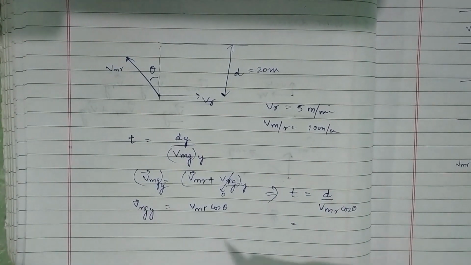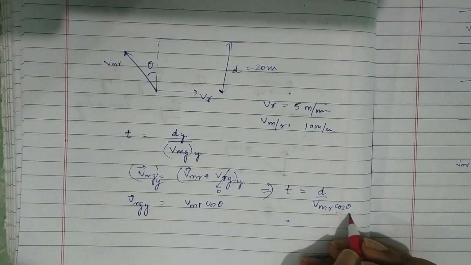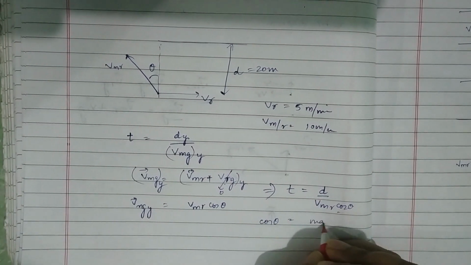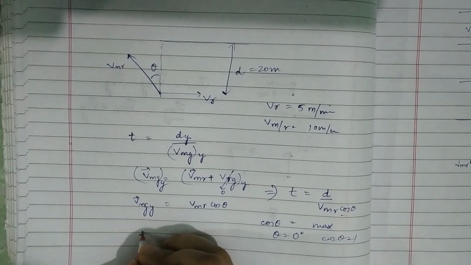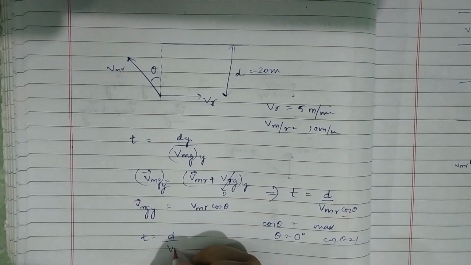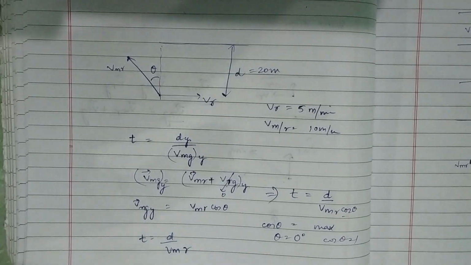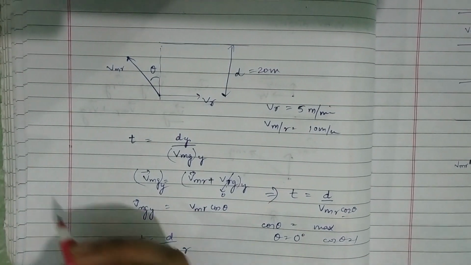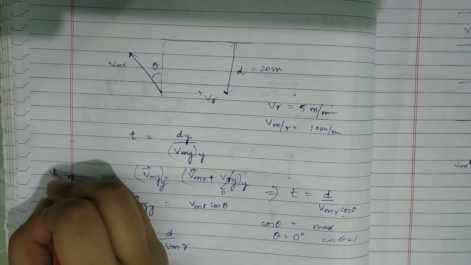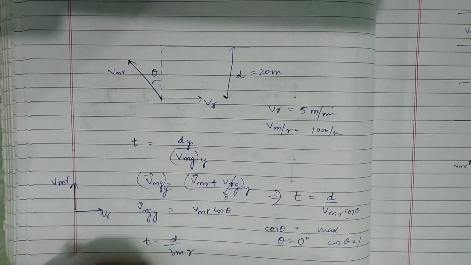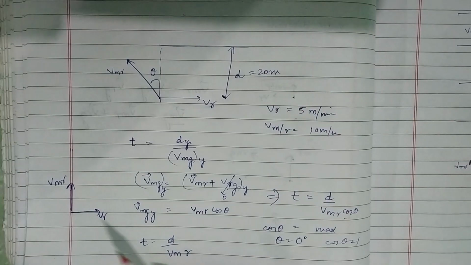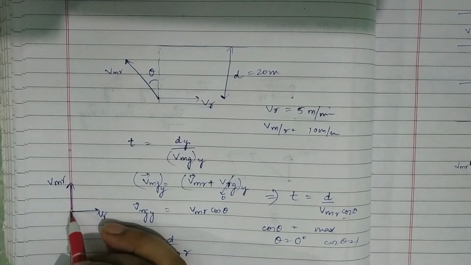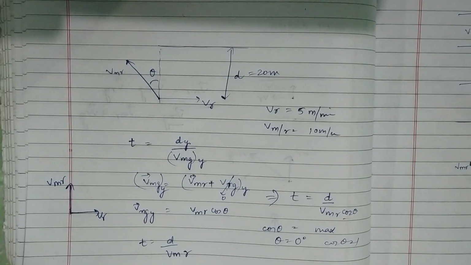Now, to minimize the time, the cos theta should be maximum, and the maximum value of cos theta occurs at theta equal to 0 degrees, and the cos theta will be 1 at that point. So the time will be d by VMR, which gives us this diagram, that the theta is 0, that is VMR, and this is VR. Oops, are we making some mistake? Because we assumed that the VMR should be going in the west direction, but the final VMR that we are getting gives us theta equal to 0 degrees. Is there a flaw in our approach?